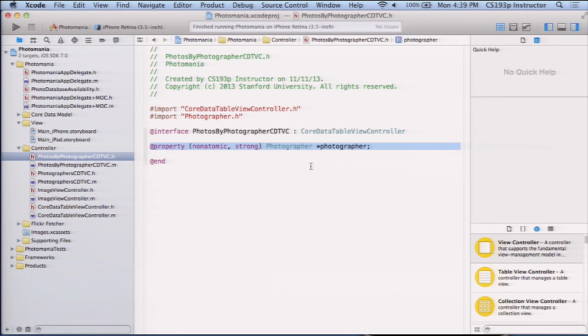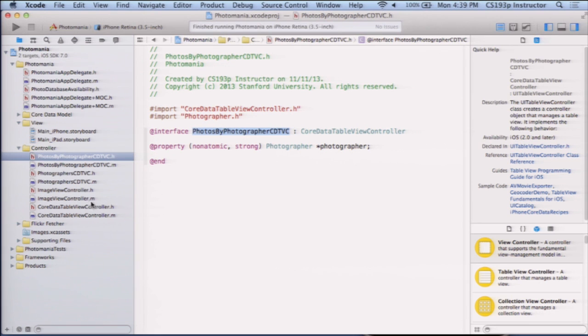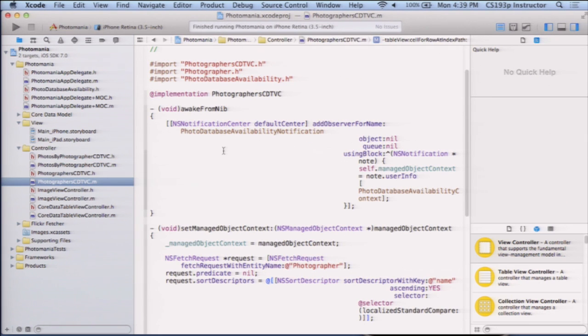Okay, so this is basically our public model. This is our model, and it's public. And so if someone sets this photographer, we better show the photos by that photographer. So this is a table that shows photos. The photographer determines which photos we show. Okay, now before we go off and implement this, I'm actually going to go down to our photographers core data